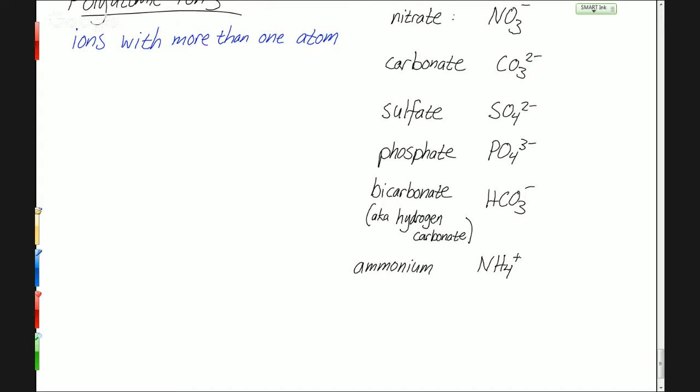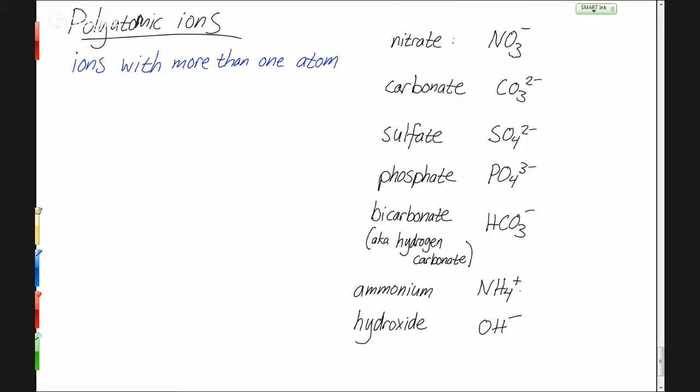Oh, and one more, sorry. Hydroxide, which is OH minus 1 or HO. I believe those are the only ones listed on Blackboard that you need to know. We can check if there's other ones. But other than knowing the names, the formulas, and the charges, these don't behave any differently in formulas and names